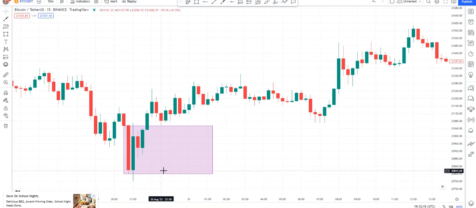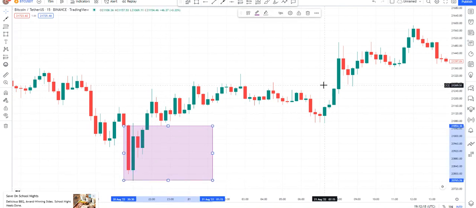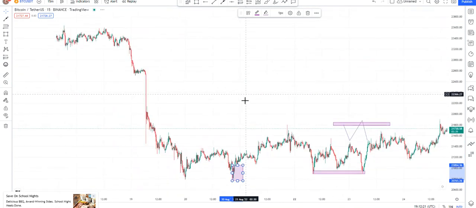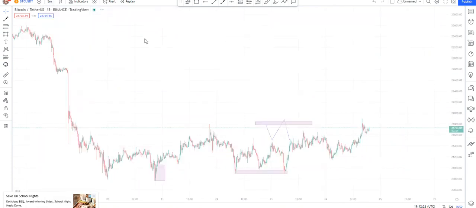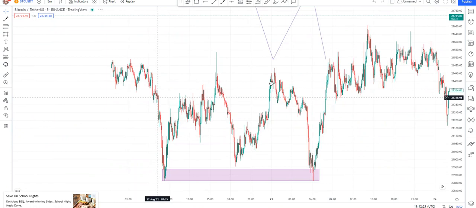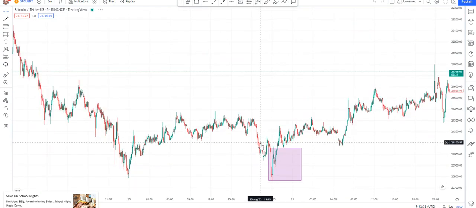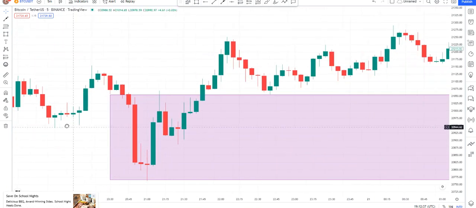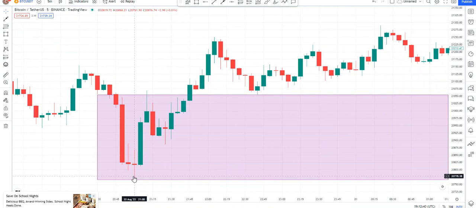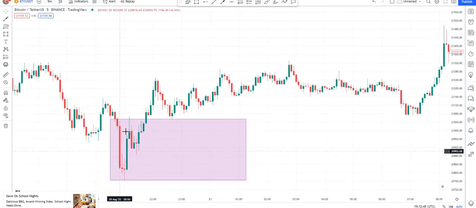I can even extend this down to the very beginning of the trend. So I mark that area like that and go to the 5 minute chart. Then I go back to my area and view it. So what we have here is that the trend started, then we made this run above the price. So I'm going to choose this area as my new order block, and I'll tell you guys the reason